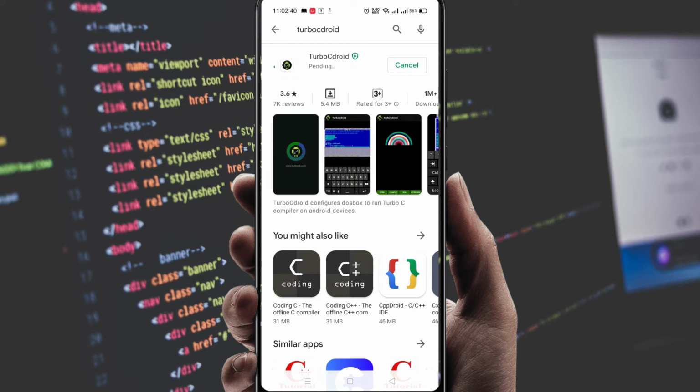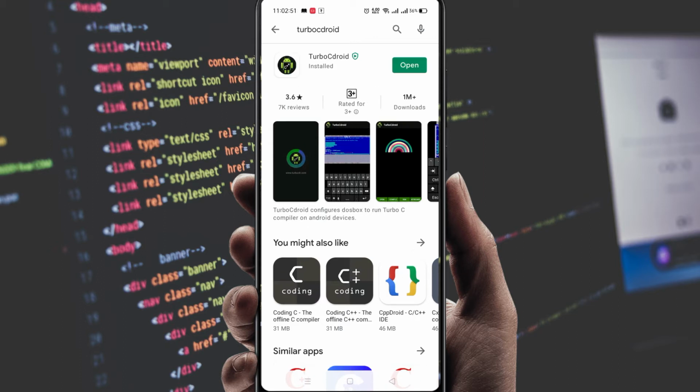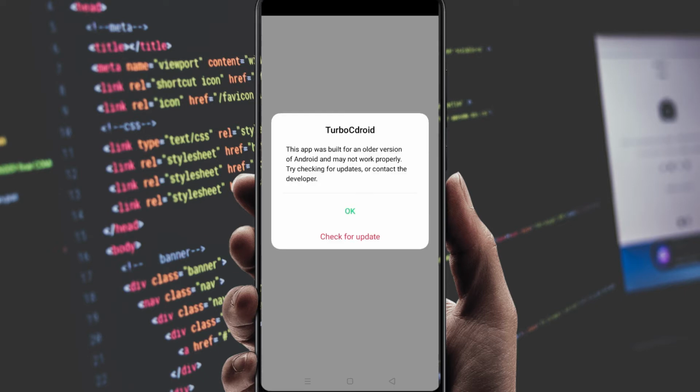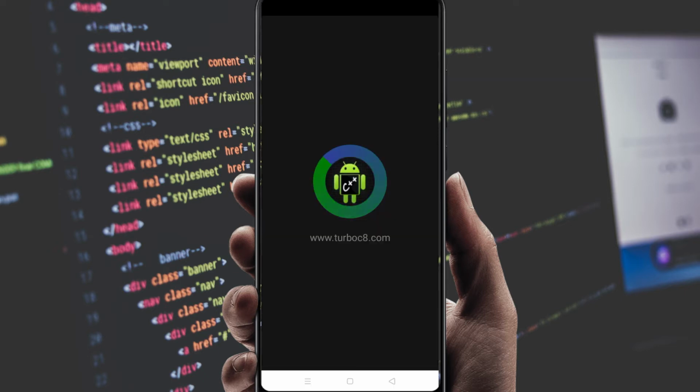It is going to be downloaded. After downloading, I will open it, and I will run a simple C language program on this application. Let's open, continue, and press OK.